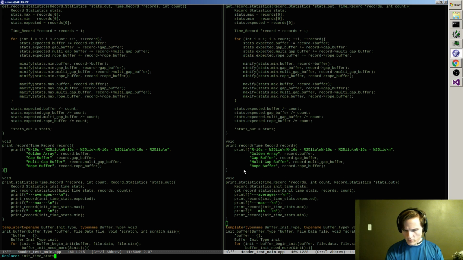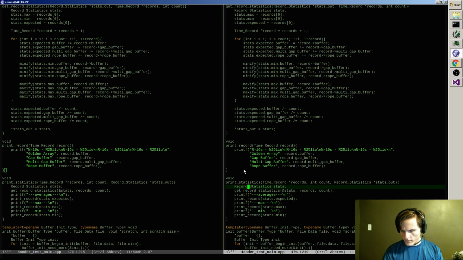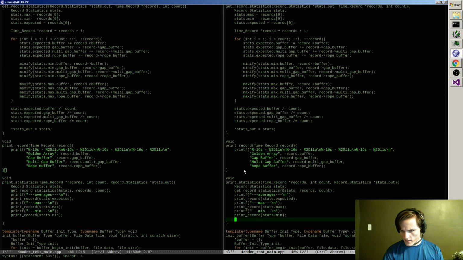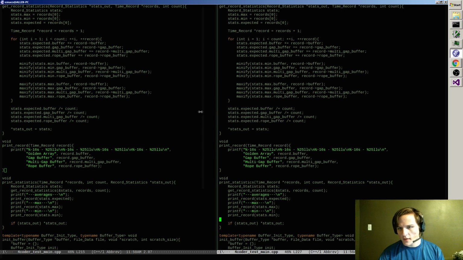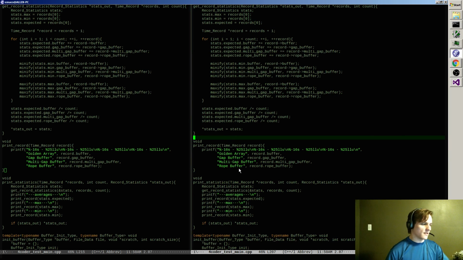Init time stats just becomes stats. And then at the very bottom it'll say, if stats out, then write that out in case you happen to want it. Alright, so now I have a way of just printing these things, and then maybe later I can save a bunch of the stats all at once and just dump them to a file if I also want that.